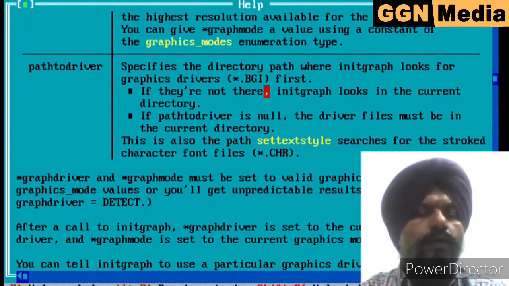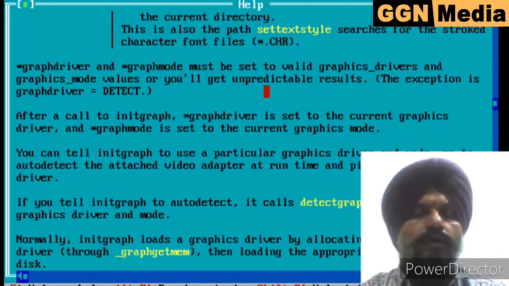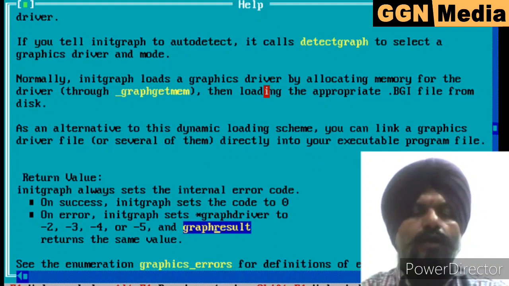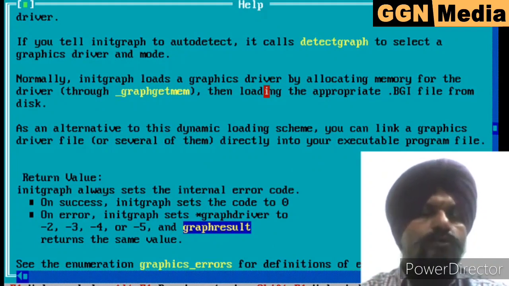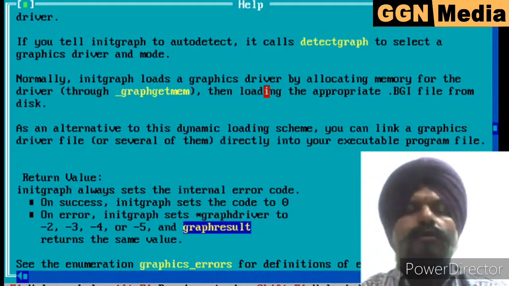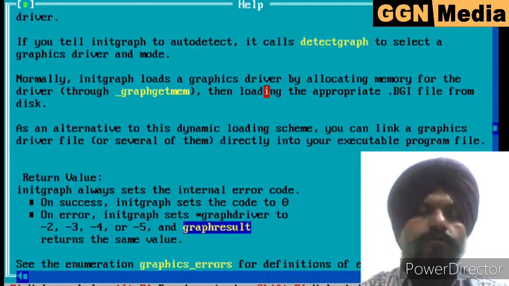Another important point is graphresult. What is graphresult? If we use the initgraph function, how can we detect whether our graphic mode has been initialized or not?